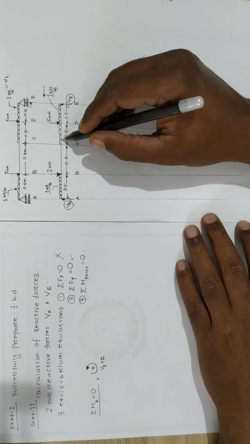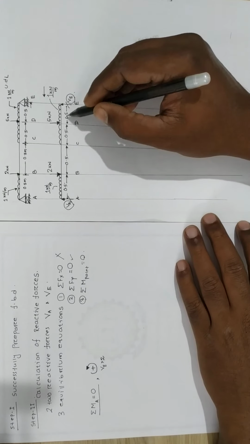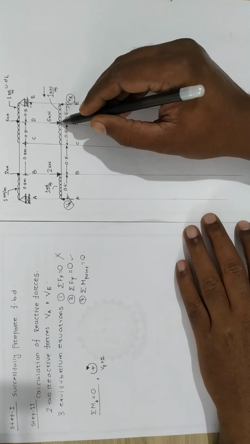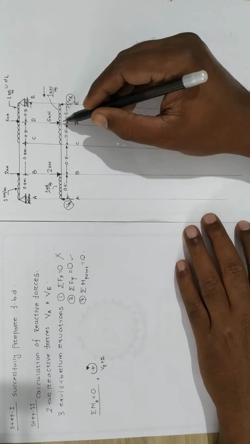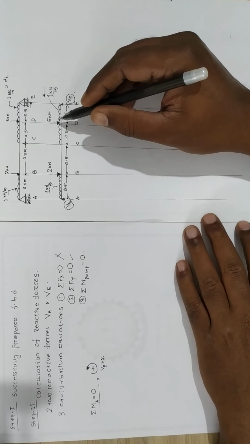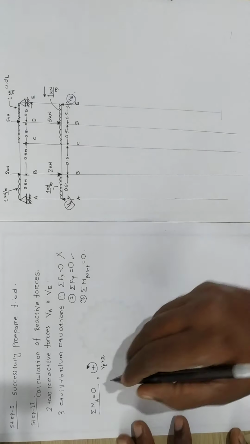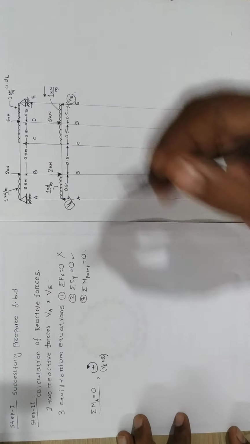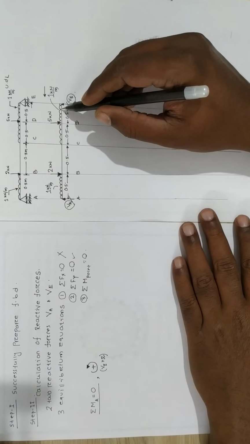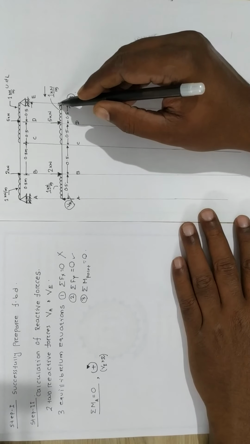Okay. Then I will come forward for this UDL. So this is the total span I am taking, 1 kilonewton per meter spread over the length of 1 meter. The point load is in between this UDL. So you can take all of the UDL once, then you can take this point load. So first I am taking this UDL. How much will this magnitude be? This will be 1 into 1, because this is spread over the total length, no? So this will be 1 into 1.